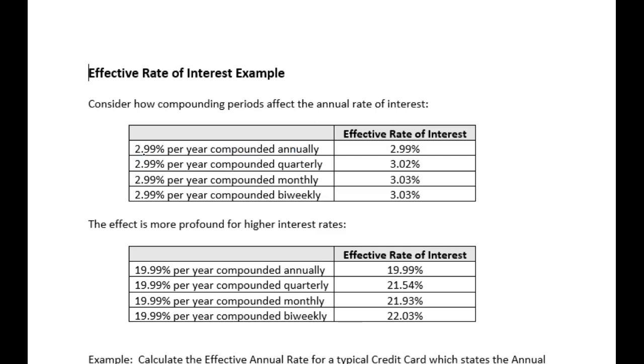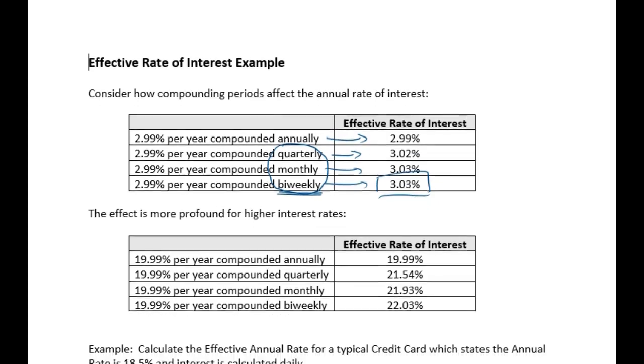So if it's 2.99% compounding annually, then they're just equivalent to each other. But notice how if you change when they're compounded, it increases the effective rate of interest. So obviously if you're compounding more frequently, say bi-weekly, you are getting a higher effective rate